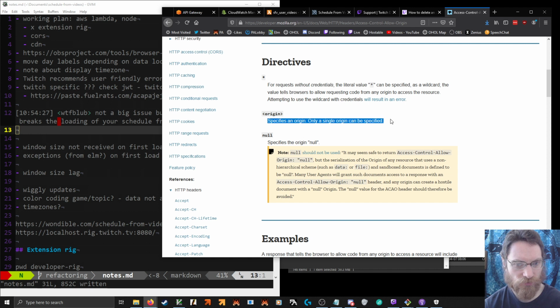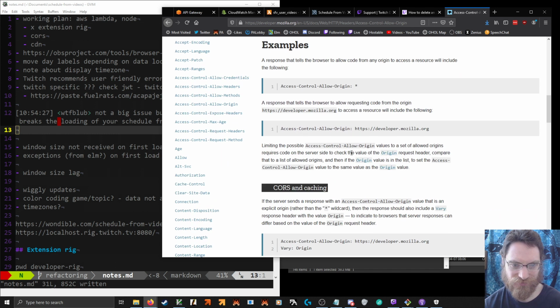Only a single origin can be specified? Instead of allowed origins, origin request header.